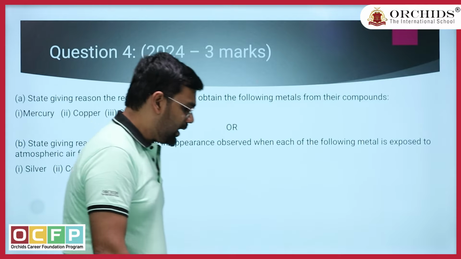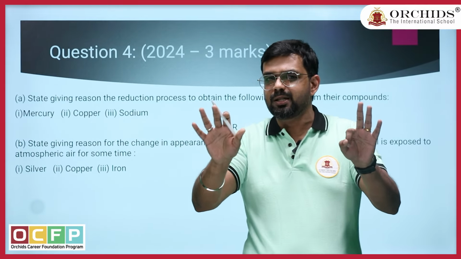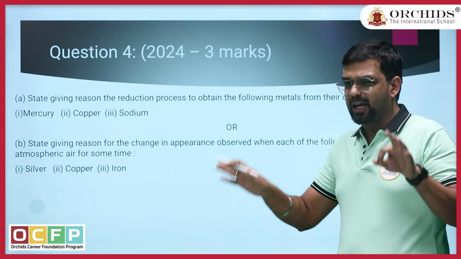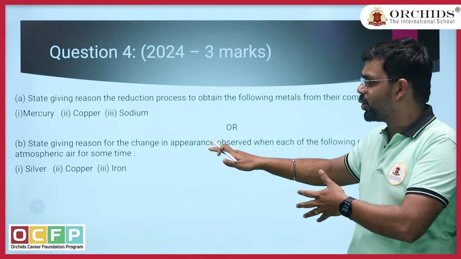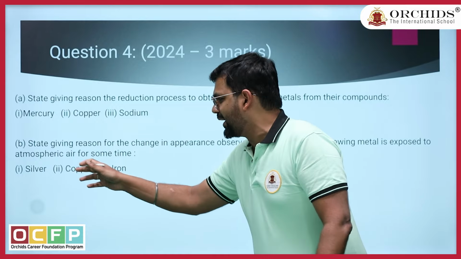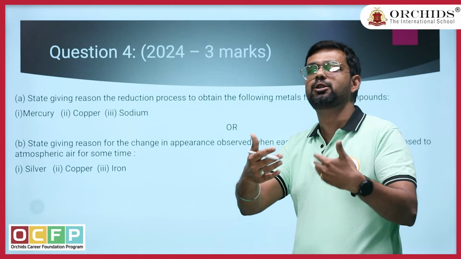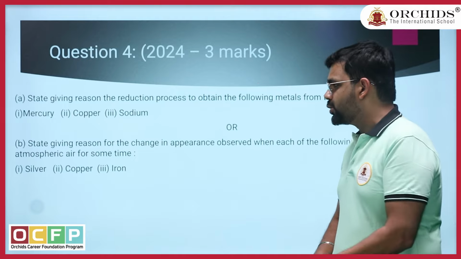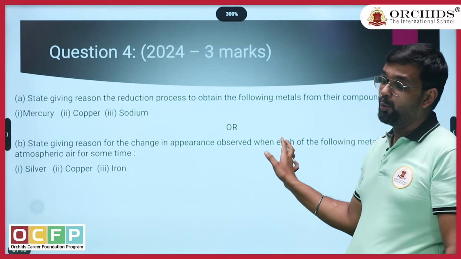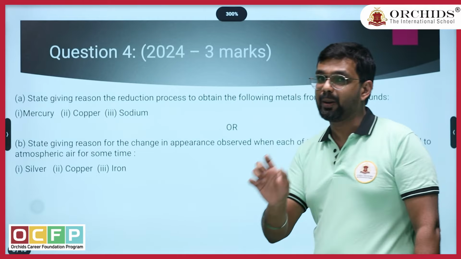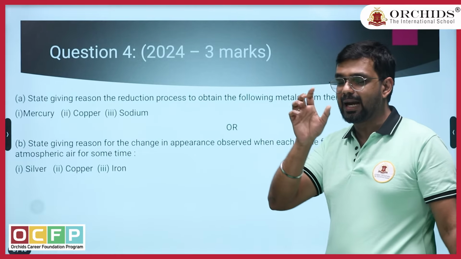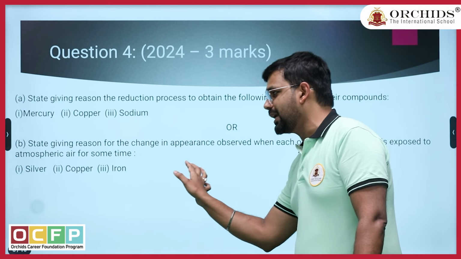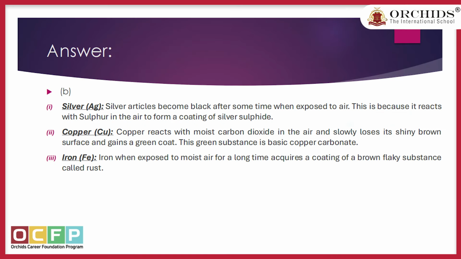So let's move to this. There are only 3 points. If you go through the textbook properly, there are only 3 elements which were given, and they have given those as a question also. So why do you think silver, copper and iron change over an exposure of time to the atmosphere? So what can be the reason? We have listed down what is given exactly in the textbook, because if you follow NCERT and write down the exact statements, that itself will fetch you the enough marks which are required. So let's move to the question and answer.